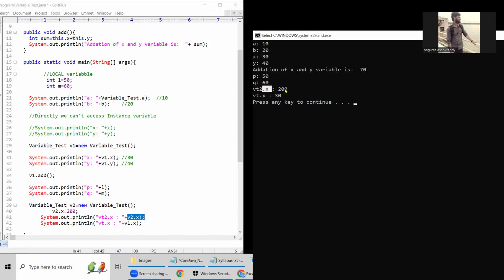Correct? Now instead of 30, you can replace it with 200. Here we are modifying, or reassigning, assigning a new value. Then this is the v2 object. This is another object. But I am going to access v1 dot x. After modifying the x variable also we can access v1 dot x. But what are we printing? 30. Here we are printing 30 only because